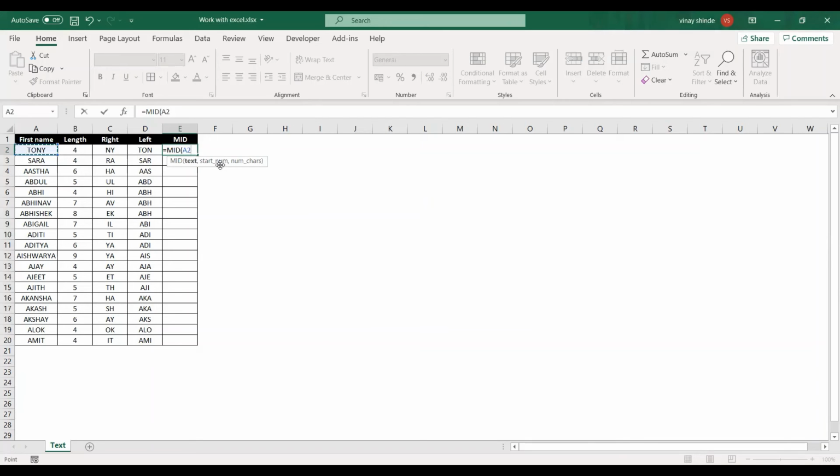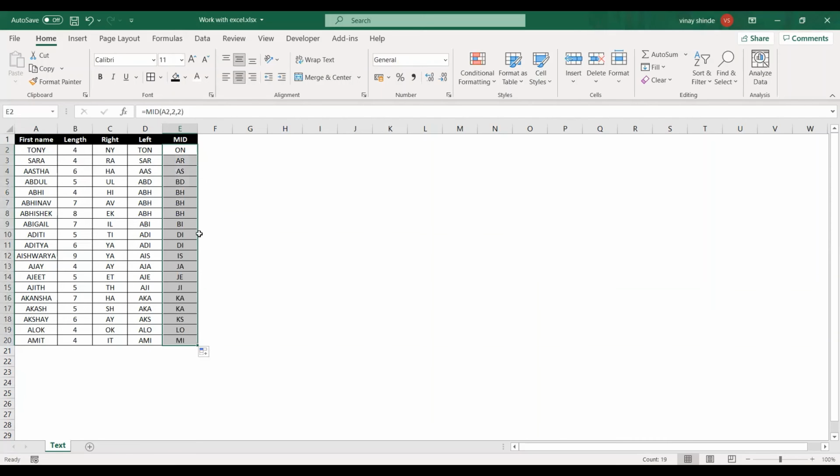Now here you can see there are 2 factors to be inputted. I'll select comma. Now the starting number, as I mentioned, I want it to start from the second character onwards, so I'll select 2, and I want 2 characters to be returned from the second character, so 2 again. Now you can guess this will display the result as ON. Okay, and when I drag it down, you can see